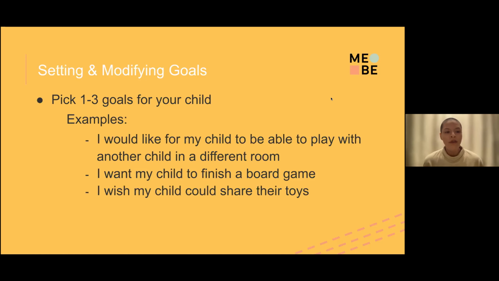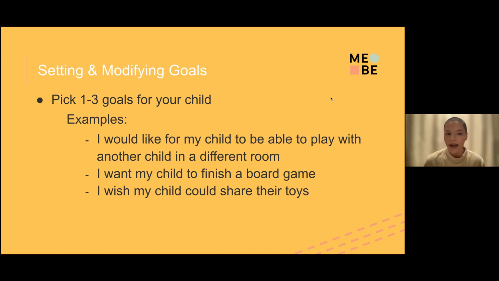So I think for you, it would be a good idea to pick maybe 1 to 3 goals for your child. There may be a lot of different areas that they need support in, but I think it's great to focus on just a couple of things. This makes it easier for the caregiver as well to keep those in their mind when approaching a social interaction with a sibling or a peer, so that you can consistently recognize when they're happening and continue to work on them.